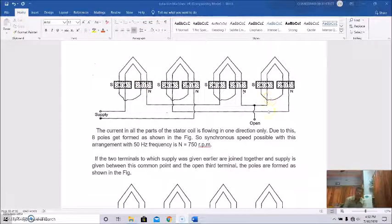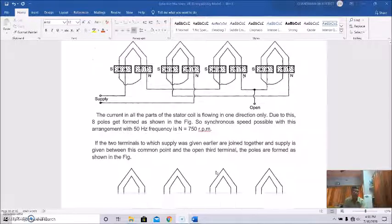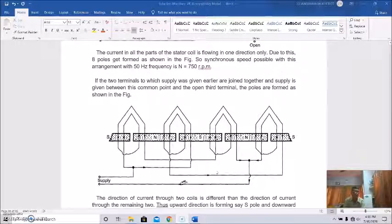So what speed is possible if it is a 50 Hz supply? 120 f by P, that is 120 into 50 by 8. So how much is it coming? It is 750 RPM. So if the two terminals to which supply was given earlier are joined together, and supply is given between this common point and the open